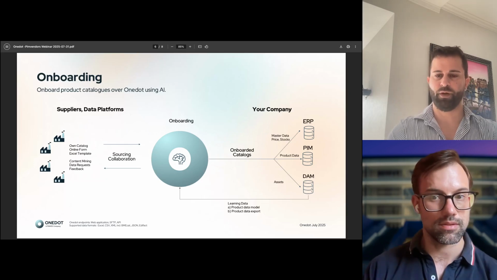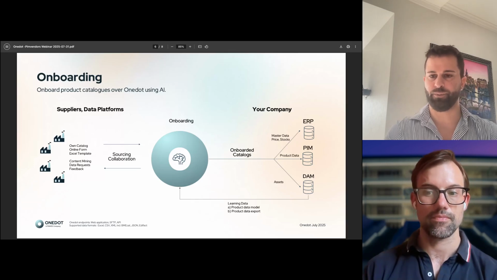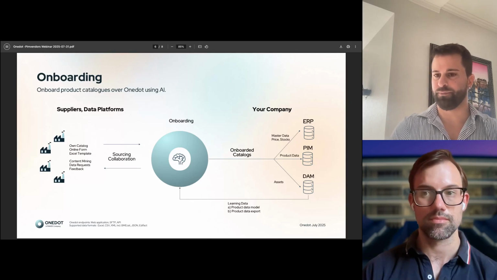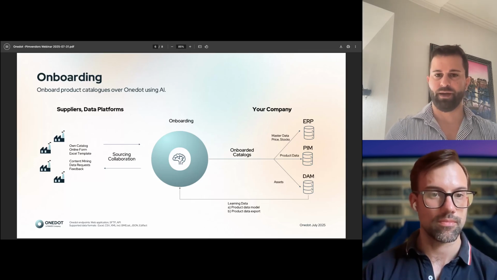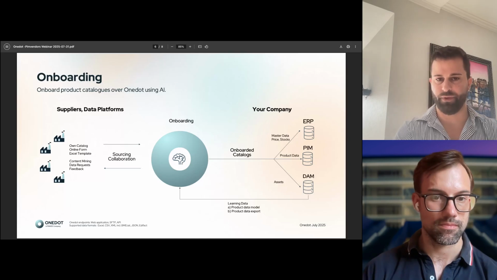No, we adapt totally to the PIM system. So we map the data structure in the One.dot platform, so that we have a twin, you can call it, right? A twin of your ERP or your PIM or your DAM, and everything you change or adjust in your PIM will also be synchronized with One.dot. So everything is done as real-time changes.